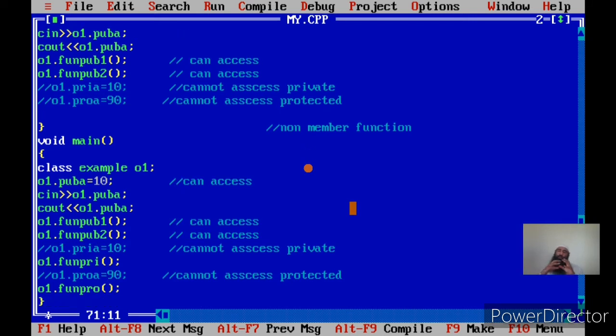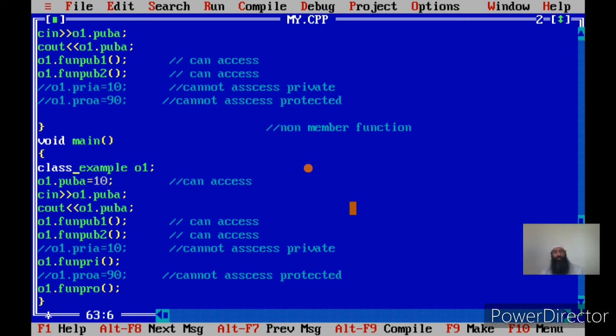If you focus on these access specifiers and ponder their meanings, public means it is a public property. That is, the public property of a class is accessible to all the non-member functions, but private and protected properties it won't allow anybody to touch. So main is a non-member function. It can access only the public members. It cannot access the protected and the private members, whether they are functions or data that belong to a particular class. Now, the second part.